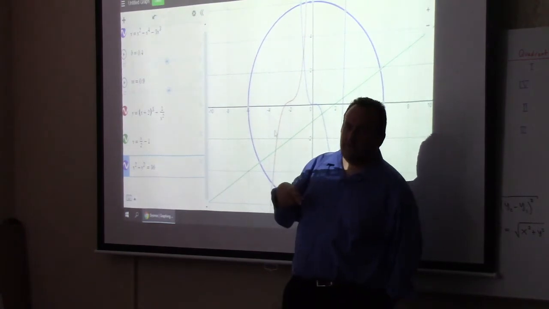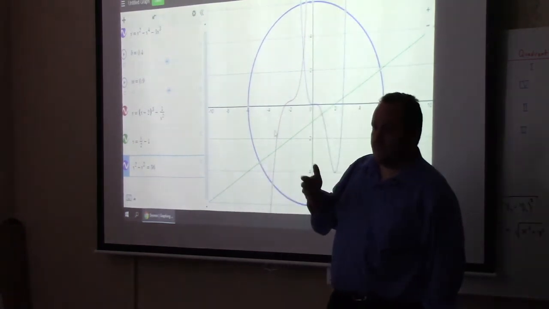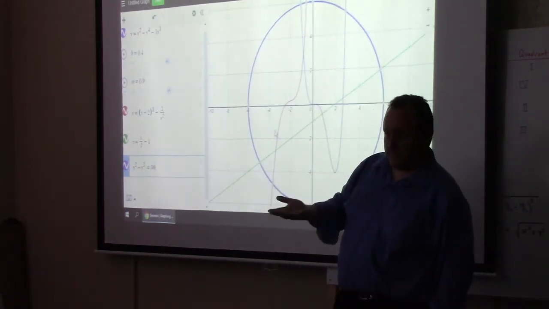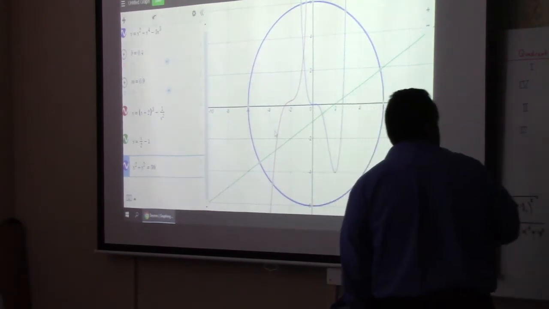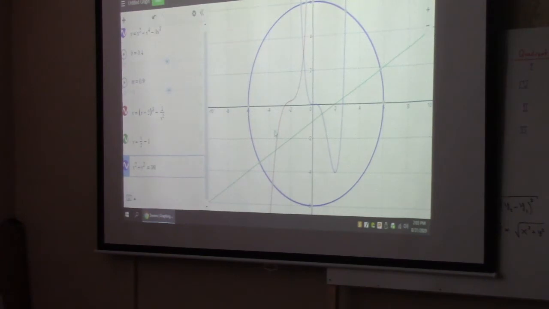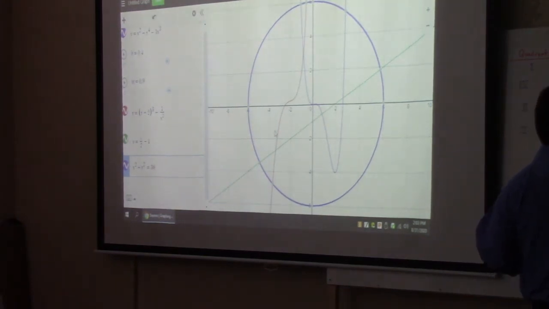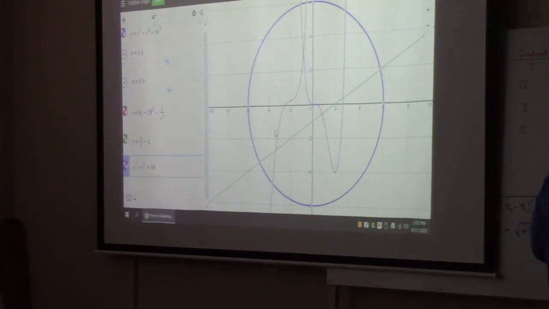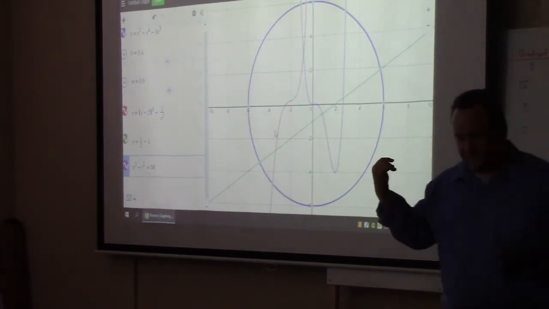But the thing I want to introduce to you next is the concept of a function. What is a function, right? And so functions are a little bit more special. I'll leave this up and